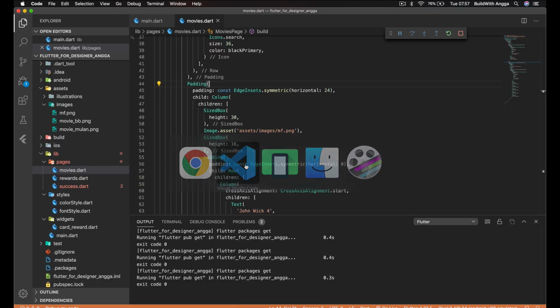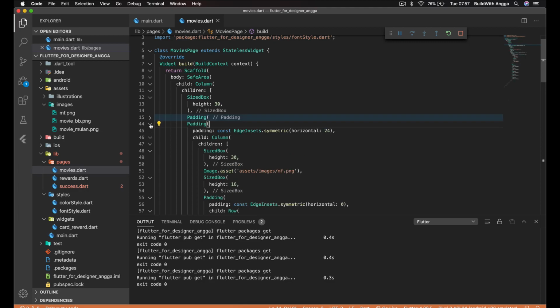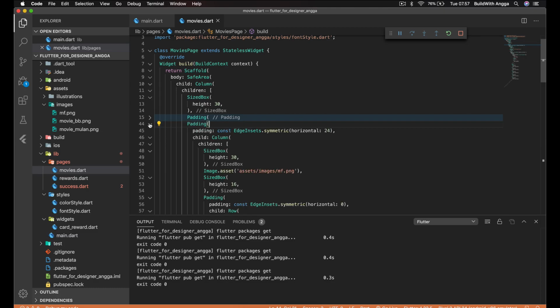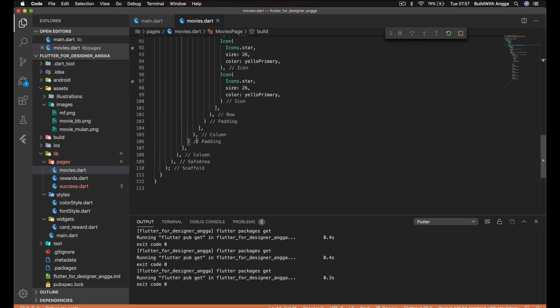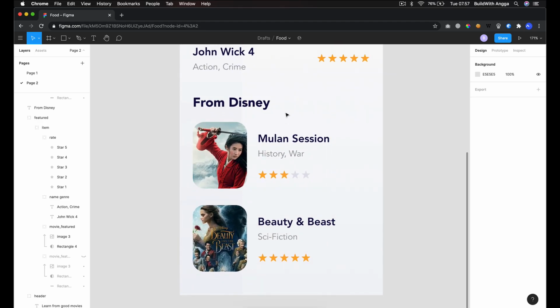Okay, so first we do have this padding, and then another padding. So after this padding we need to create another section, which is this Disney.